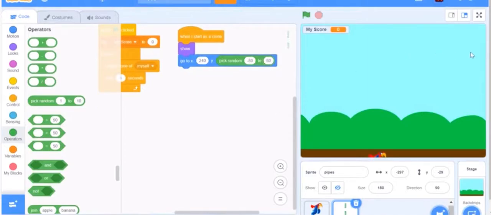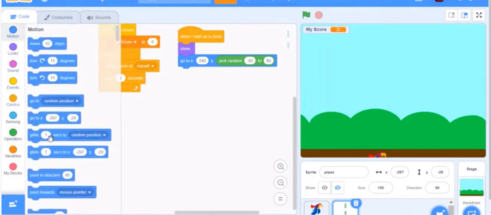And now I will make the pipes glide all the way to the right. So what happens is that the person will get an illusion that the bird is moving, but in actual fact, it's the pipes that are moving. So over here in the motion, we'll just say glide, and let's say I say 5 seconds, for example,